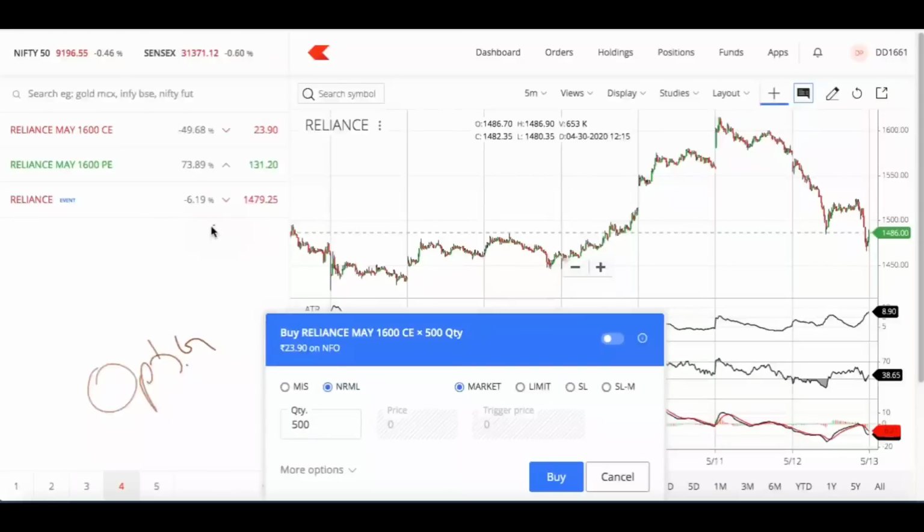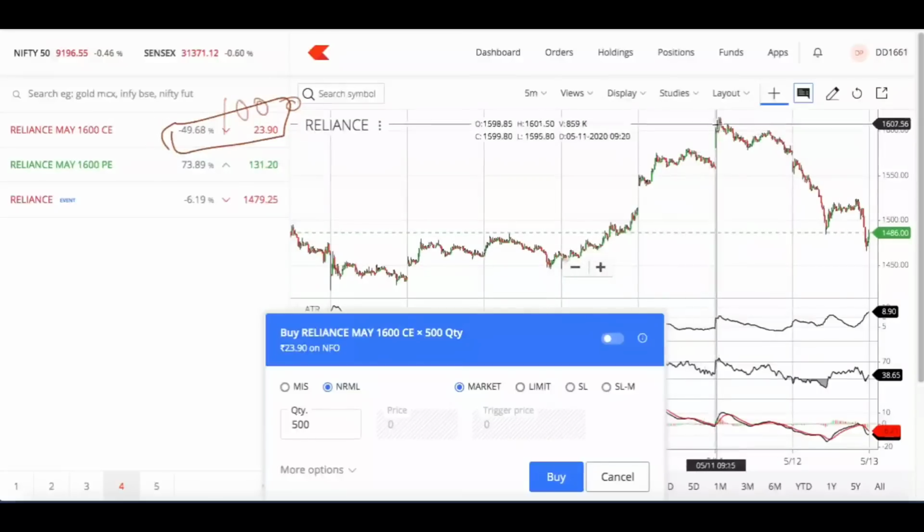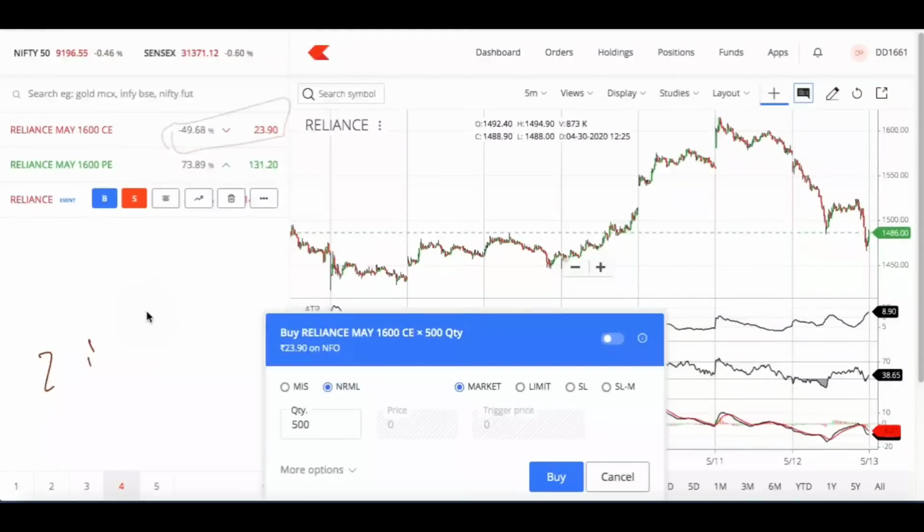So people with lesser money also can trade. The risk is, if you put 12,200 in buying, I'm just giving an example of buying, okay, your risk is 12,200. If this becomes zero, you have lost your money. But if this goes to 60, 100,000, it's unlimited profit. With 12,200, let's say you waited for a month and the stock went way up, you made 1,000% profit. Same way from here to here it's a big movement. So this 12,000 can become 1 lakh or 12 lakh rupees profit. That is why a lot of people trade in options. It's like a jackpot thing. Same way you have a lot of risk.